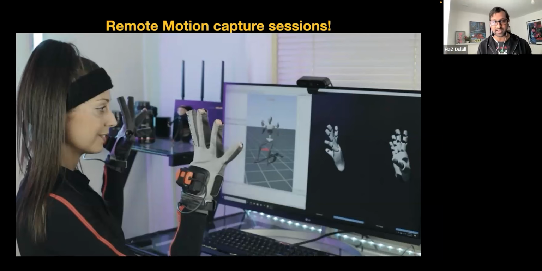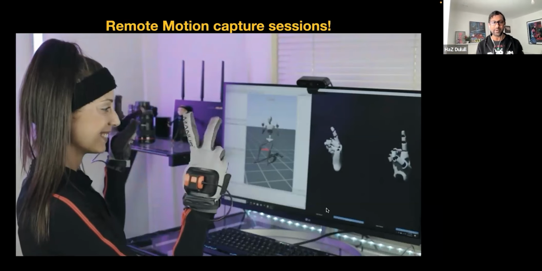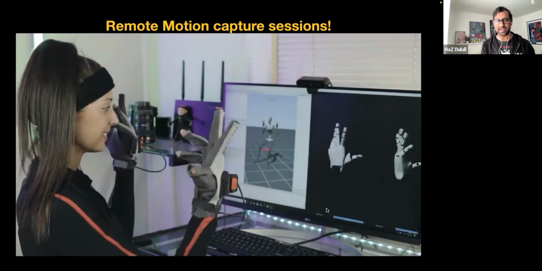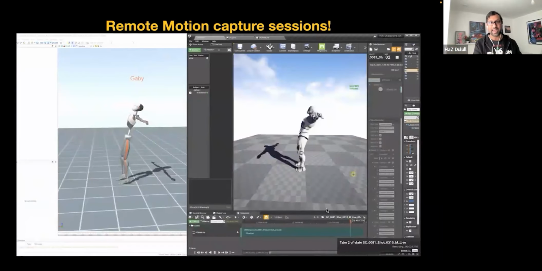But she had an Xsens suit, and we just met online, and she helped out, and she ended up doing a lot of the motion capture for the character of Max, as well as some of the other characters like Ava, the female character. And what's interesting is, how do you direct motion capture remotely? Because it's very different to being on set with someone where you can give direct feedback.